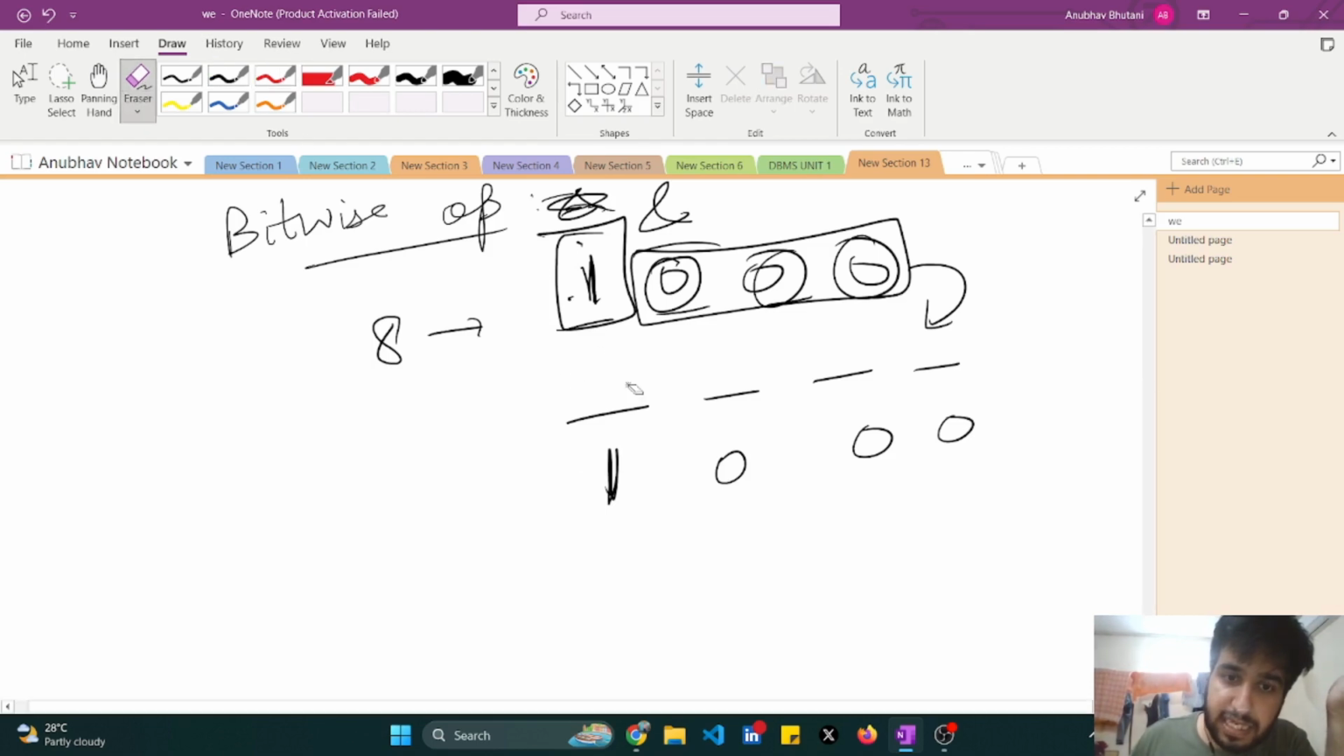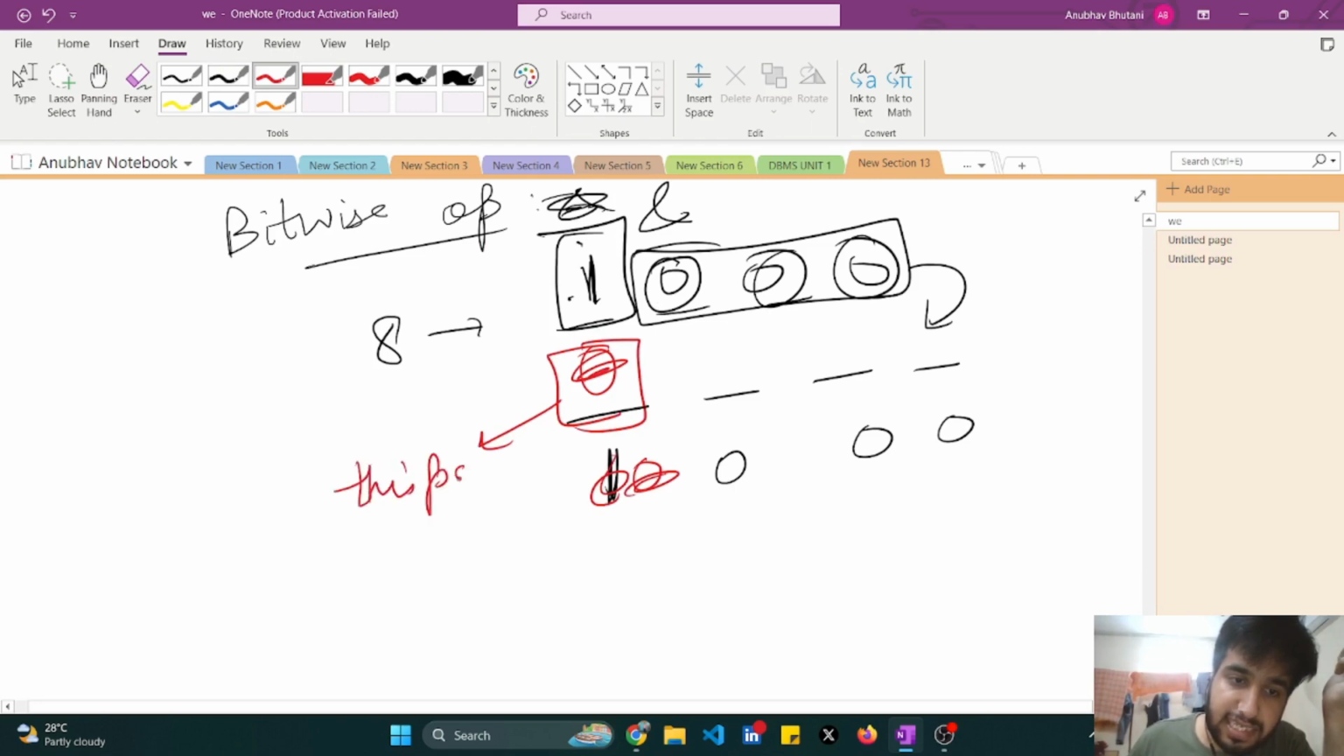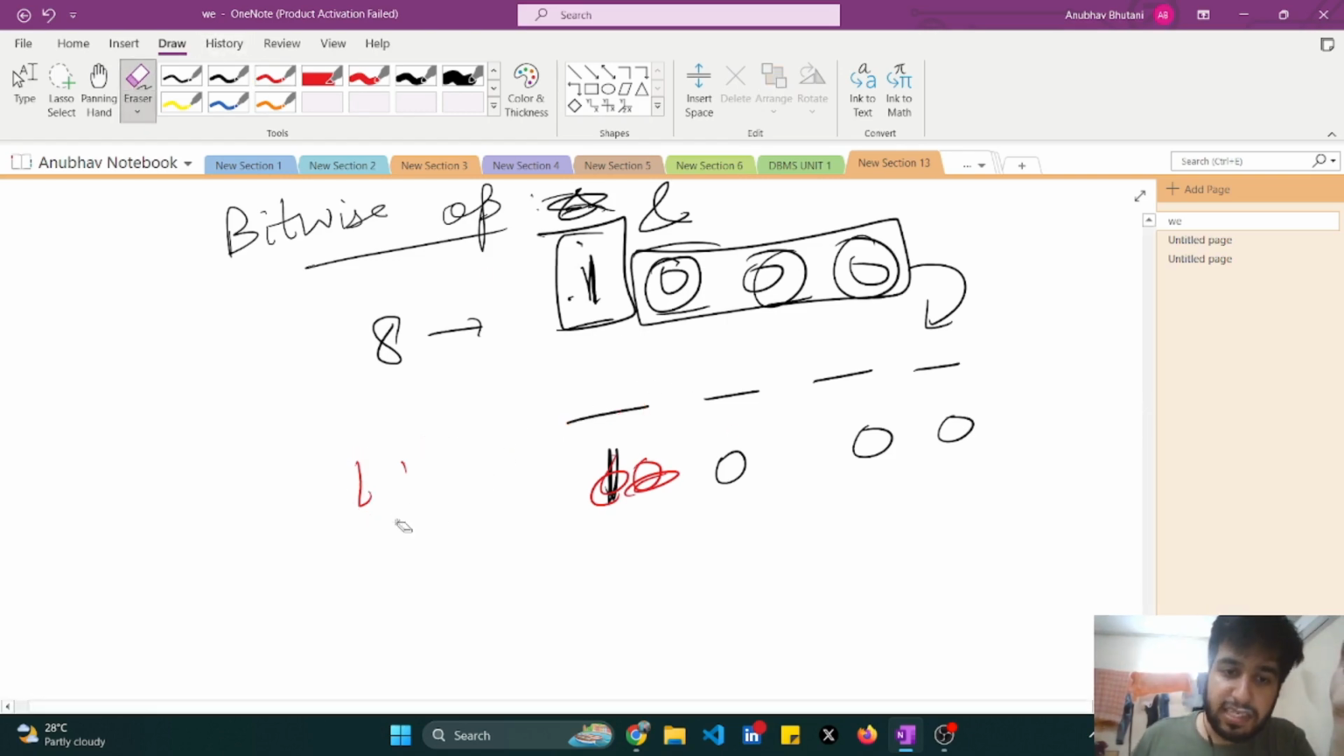And if this is 0, the output is going to be 0. So this position tells us what the output is going to be. Okay, so this was about this position. So what I can do is, if I have 1 at this position,